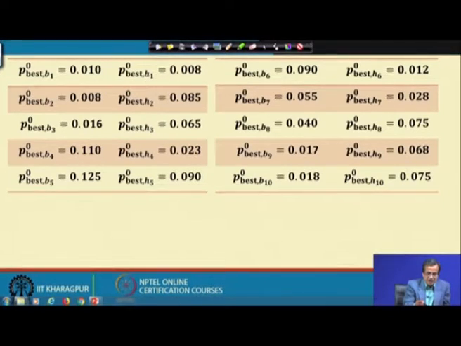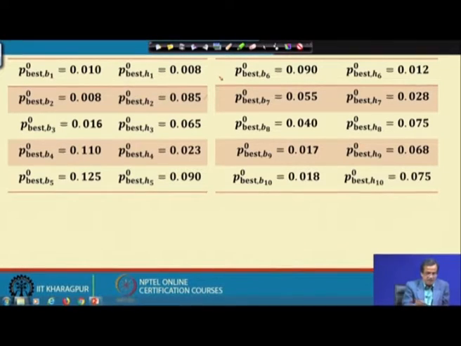Similarly, the best value of H1 corresponding to the 0th iteration, that is P best comma H1 0, is nothing but 0.008, and these are nothing but the values which are selected at random. Similarly, we can assign that P best comma B2 0 is nothing but 0.008. Similarly, P best comma H2 with respect to 0 is nothing but 0.085.